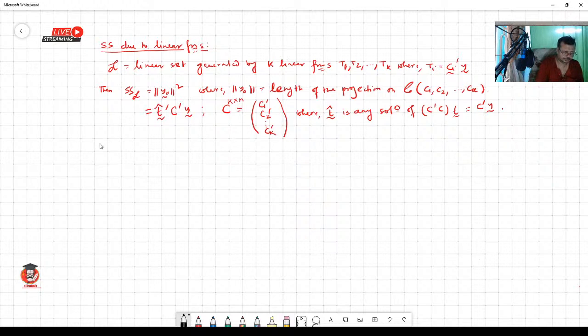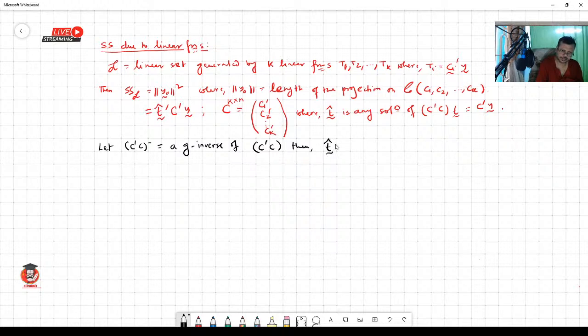Let C prime C G inverse be a G inverse of C prime C, then